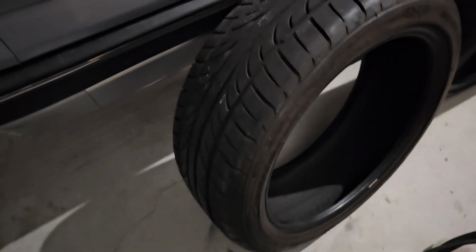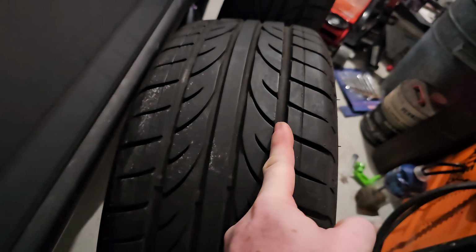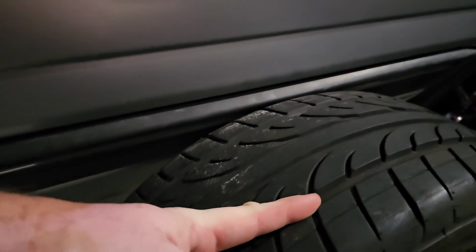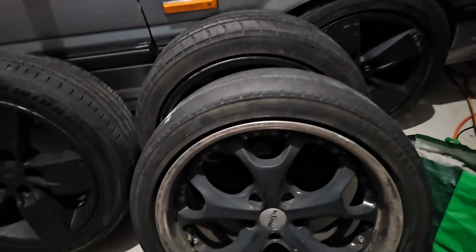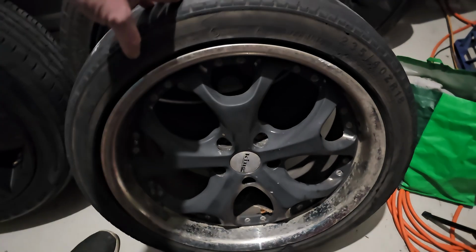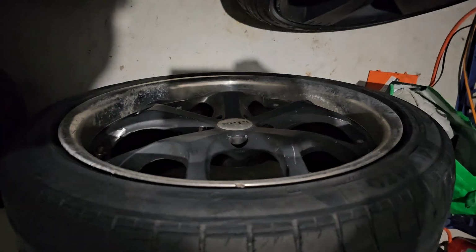Picked up these 2 tires that are a solid 80% plus tread. There's a pretty solid amount of tread in there. Picked those up for $30 each. And then, if I make my way all the way up here, sorry, climbing over wheels, these little fuckers. A pair of these for,